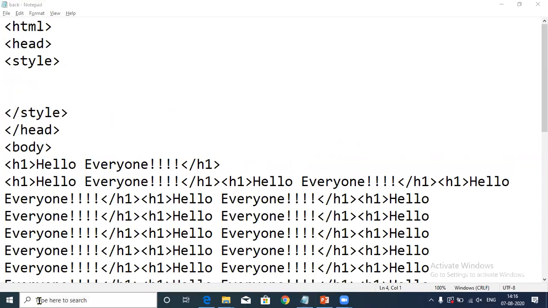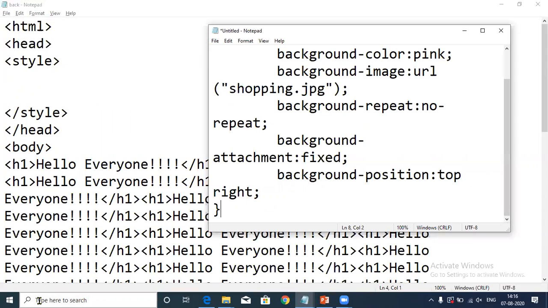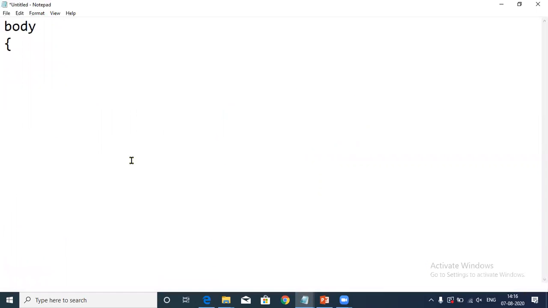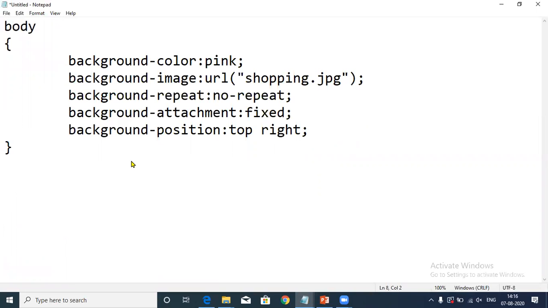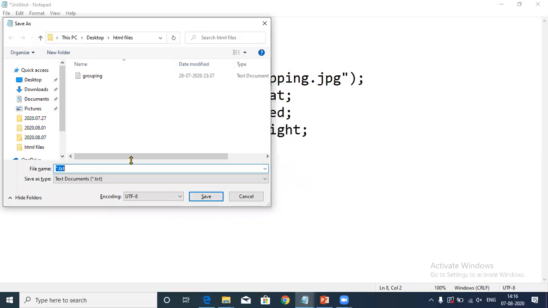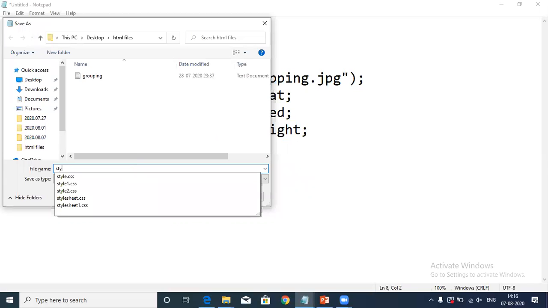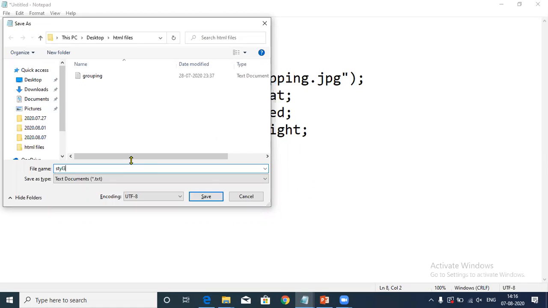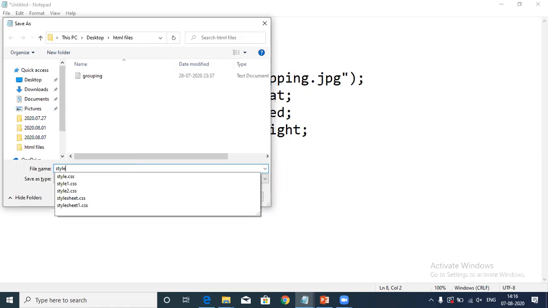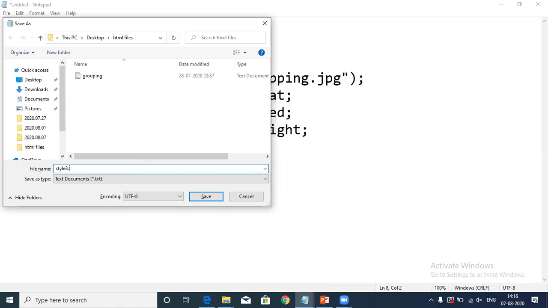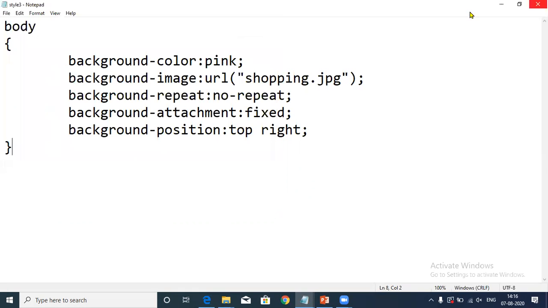In that particular notepad file you are going to save this code. Then you are going to save this with a different name. For example, you will write style3.css. Okay, now we have saved this file.